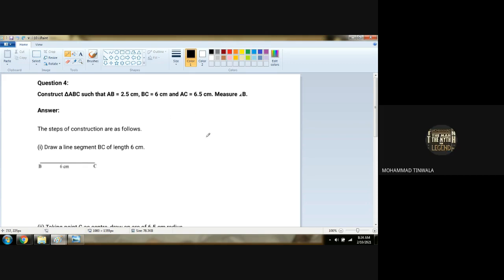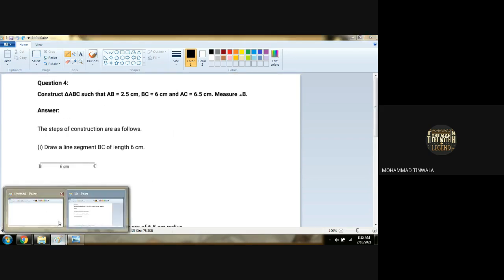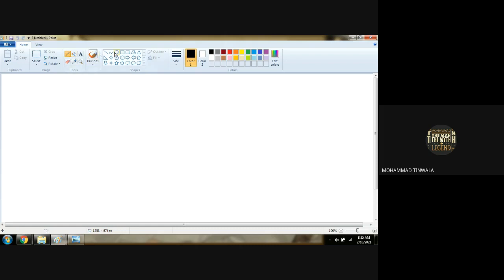Then from wherever you are placing angle B, we place the protector and just measure angle B. Is that clear? What is the question is? There is nothing else. So let us write the question here.